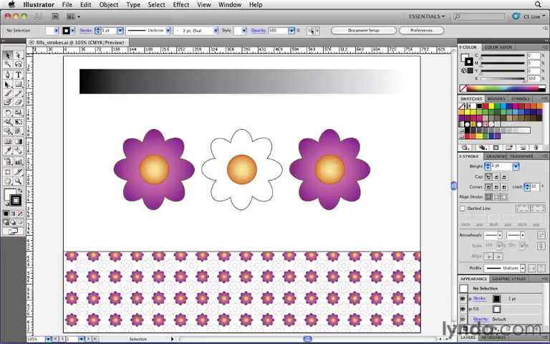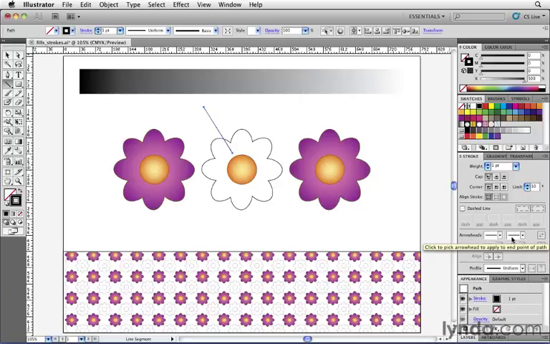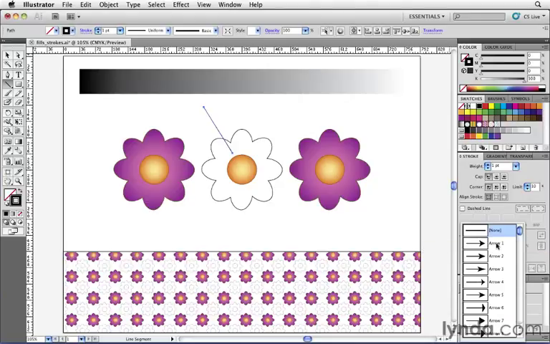So I would take my line tool, and I would click and drag to draw a line, and I now want there to be an arrowhead at the end of this stroke. Well, with that stroke still selected, I can now come to the stroke panel, and where it says arrowheads, choose a design for both the start and the end of my path. Now in this case, I simply want to create an arrowhead, so I'm going to click here and choose arrow